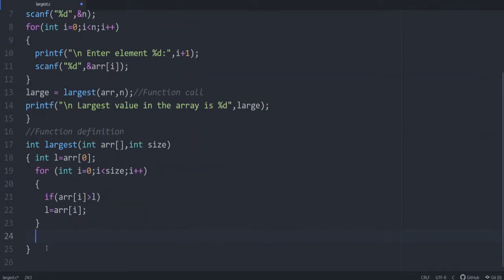So here you need not print it, you just have to return the L value. There are different options. If you write the function such that it does not return a value, here you can give the print so that there is no need to return L. So based on the requirement, you can write in different ways.